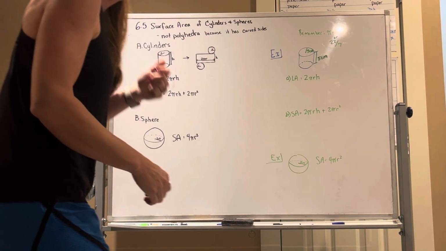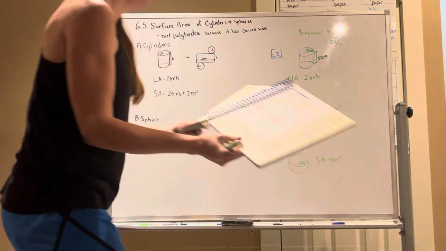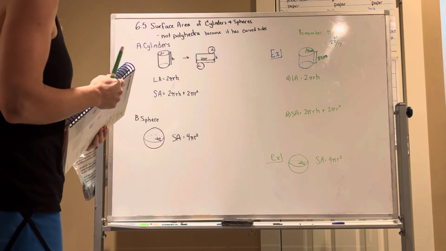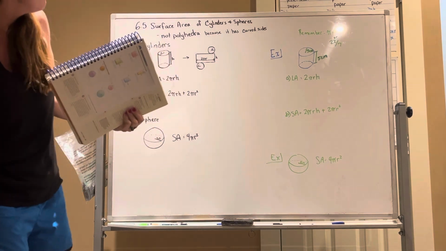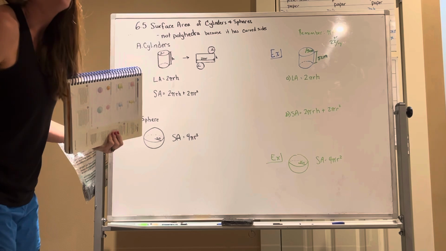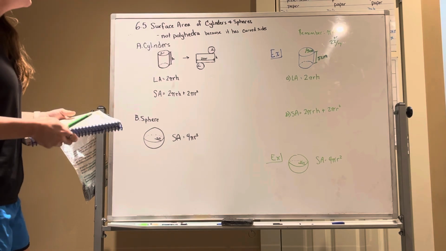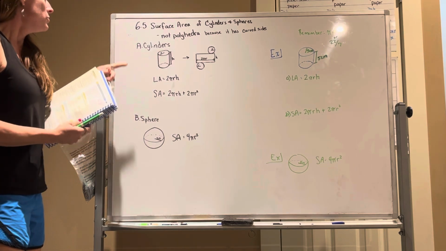Today we're looking at 6.5, the surface area of cylinders and spheres. Remember that cylinders and spheres have curved sides, so they are not polyhedra. So a cylinder